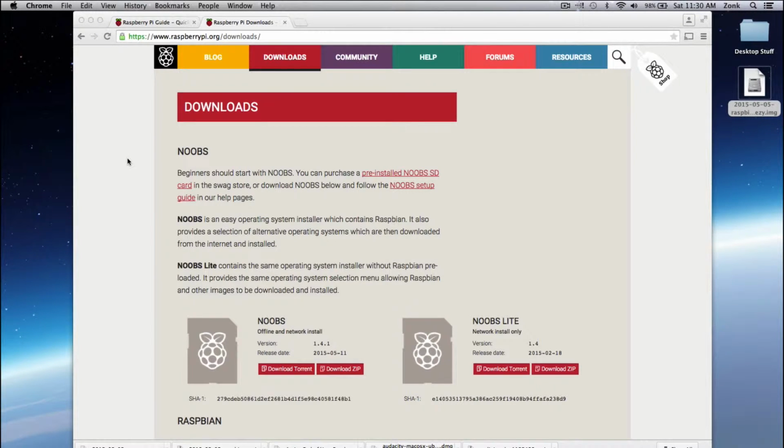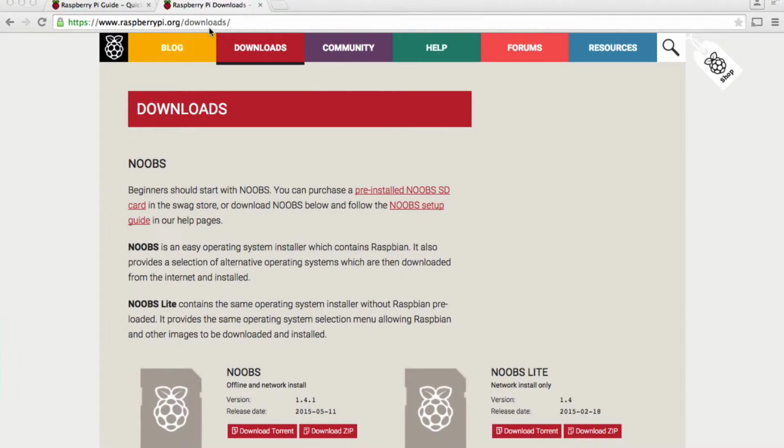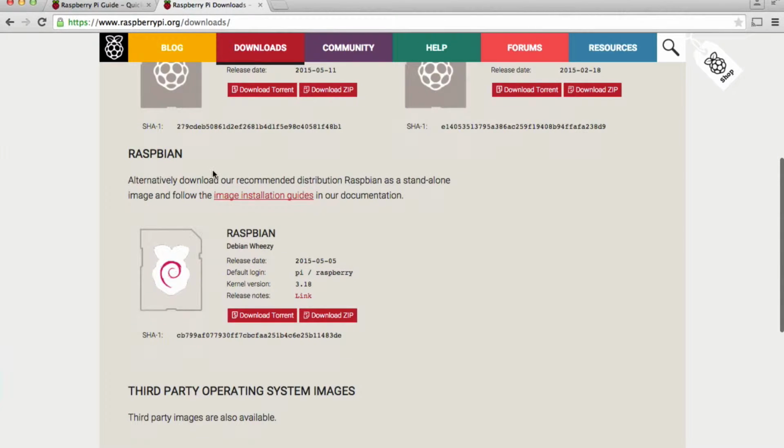We're right now looking at the raspberrypi.org download page. You can get there by going to raspberrypi.org/downloads, and the first thing that you're going to come across is the recommended downloads here that they've got on this page. The first one they call Noobs. It says beginners should start with Noobs. Well, we're going to pretend that we're not beginners, and we're just going to come down here to the Raspbian